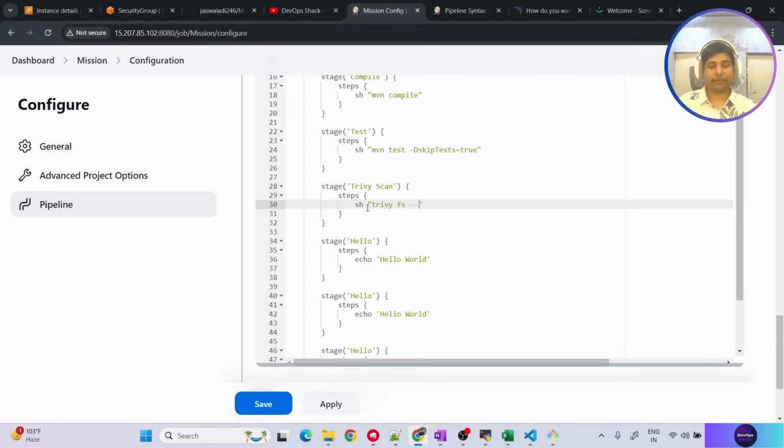Format. Basically I'm saying in which format we want to have this scanning performed. So in which format we want the report to be coming. I want it in the format of table. Okay, and here what I'm going to write